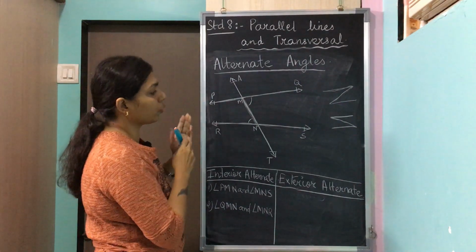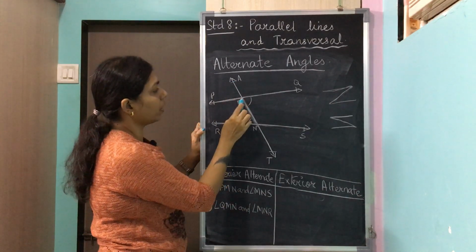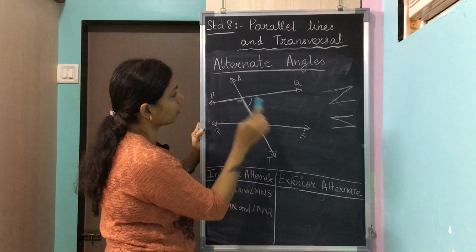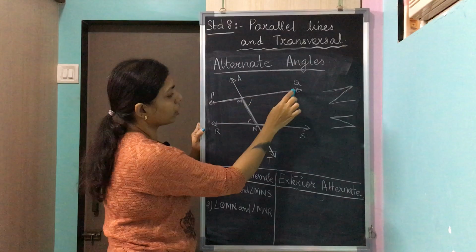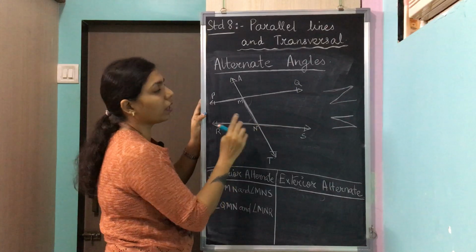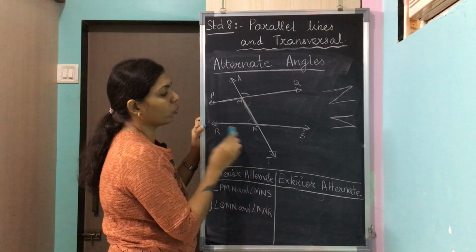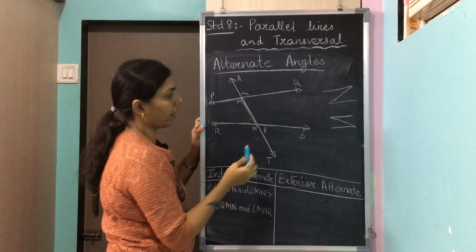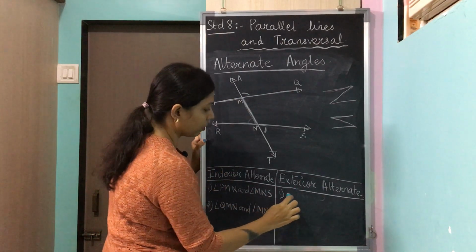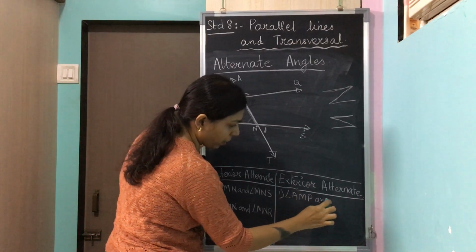particular figure. So if you have a look correctly, you have angle AMQ and angle TNS. This particular angle AMQ and TNS, both these angles are completely lying on the outer side of the figure. So angle AMQ and angle TNS. Okay, these are your exterior alternate angles. So I'll just write it down, angle AMP and angle